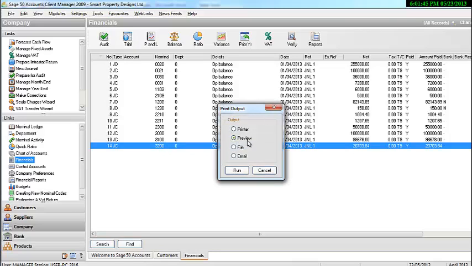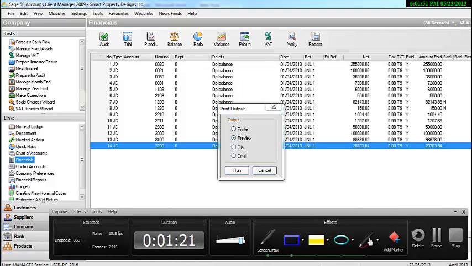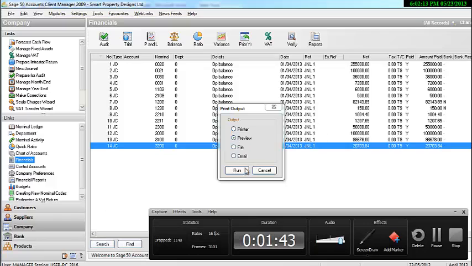make sure that you are on the preview selection. Just make sure you've got the preview option selected, because we don't want to actually print out anything, we're going to preview it first, and then we're going to print it as a PDF document. Okay, so if I just select Run,